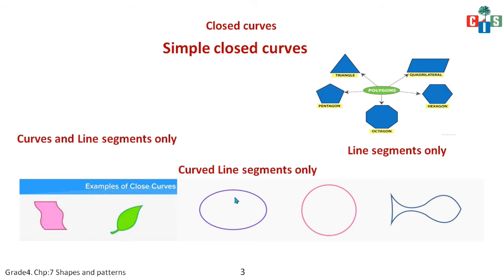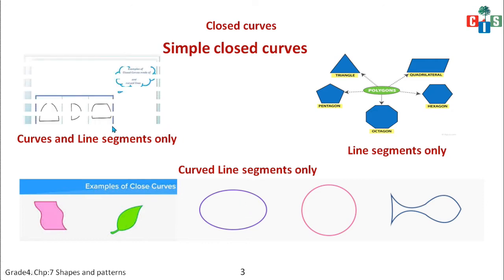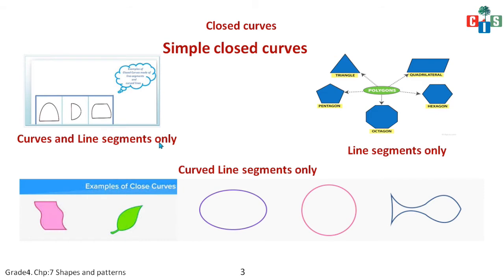Non-simple are the figures which overlap each other, and open figures are the figures which have 2 different ends. And let's see an example of curve and line segments only. Curve भी यूज किया जाता है और line भी यूज किया जाता है. These are certain examples of the curve and line segments only. Fine. Then we saw that